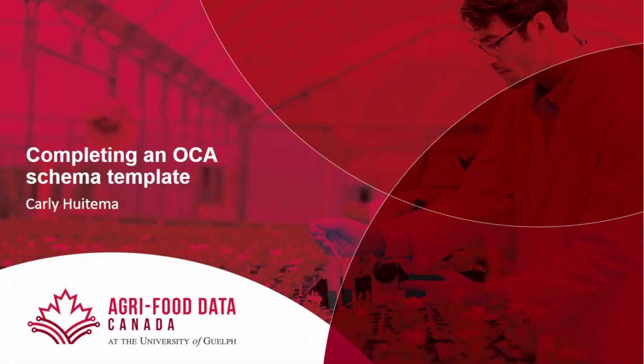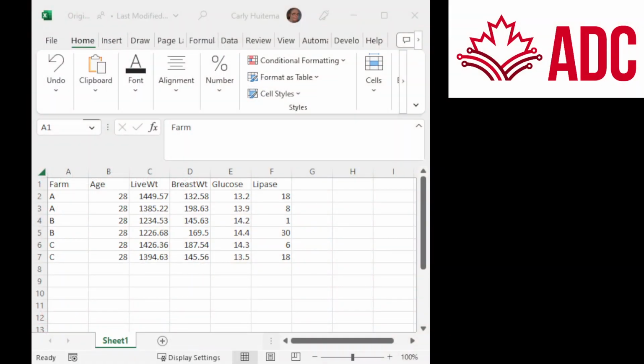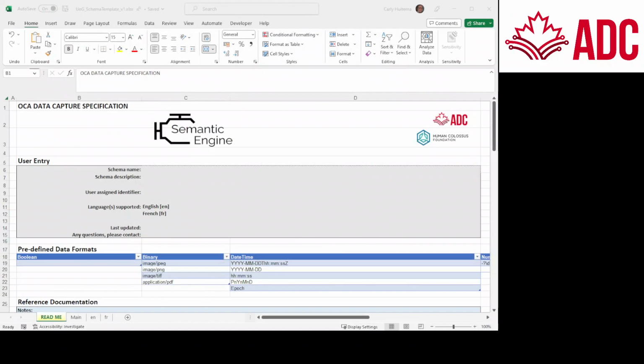So you should have already downloaded the OCA Schema, and what we are going to do is an example with an example sample data set here. This is based on one that I found in a repository, and we're going to be writing a schema in Excel following this example. On the data entry template, you can see here that we have the schema name